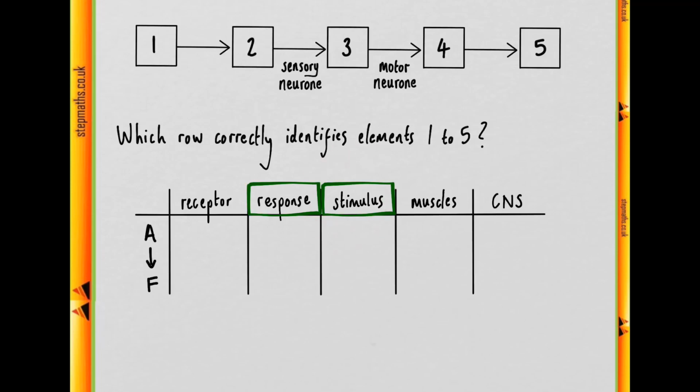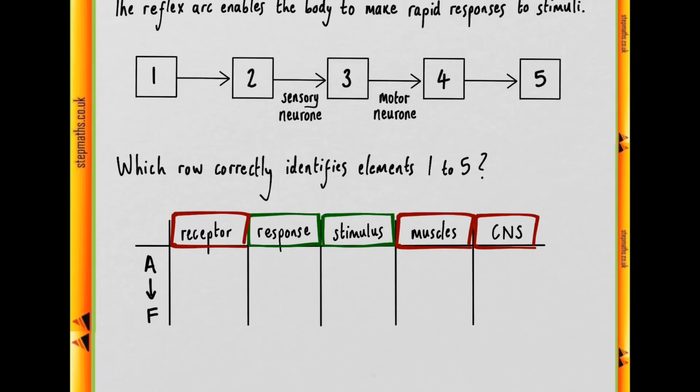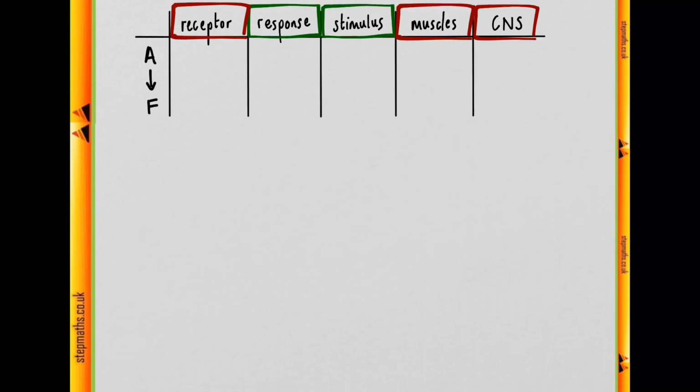And we also have the muscles, the CNS and receptors, all of which appear to be different structures within the body. So likely response and stimulus will form 1 and 5, and we have to work out in which combination receptor, muscles and CNS will be 2, 3 and 4, are three structures which are separated by the sensory and motor neuron respectively. So before we fill this in, let's have a quick think about what is going on in